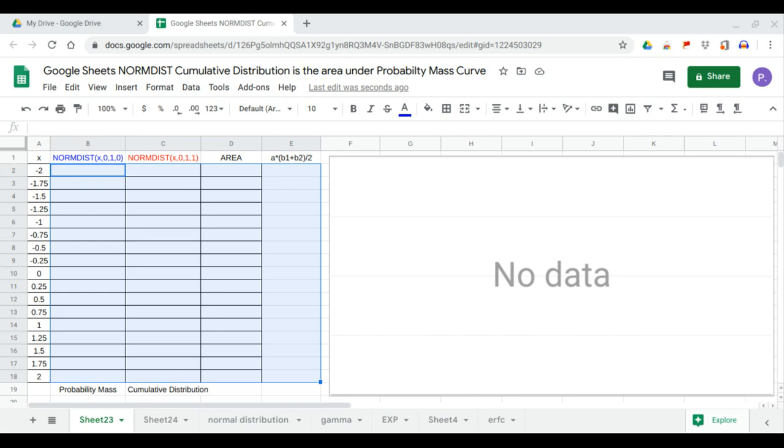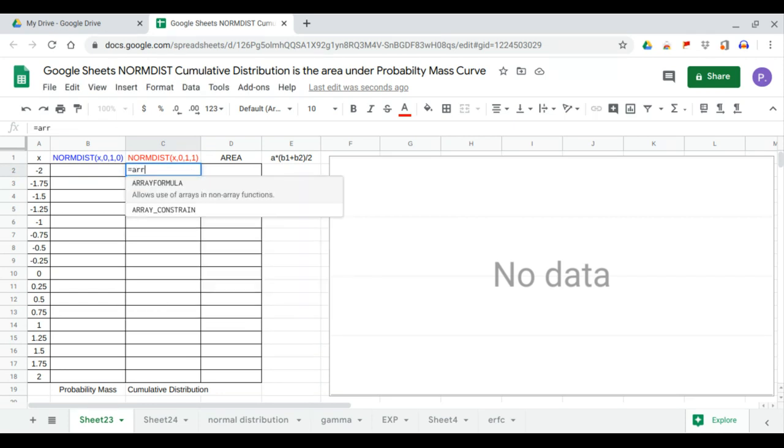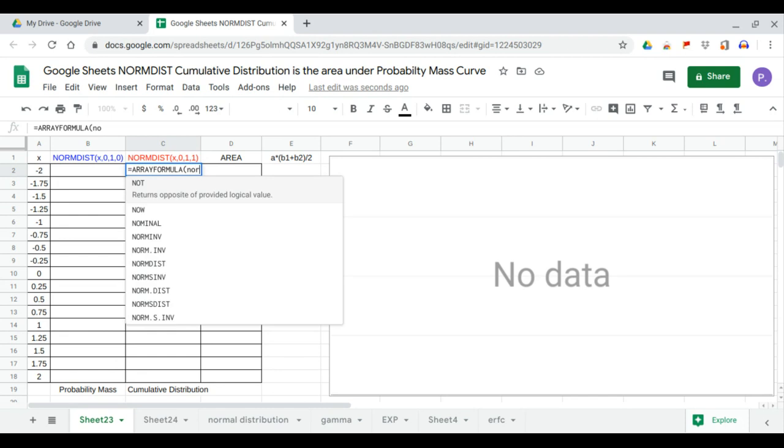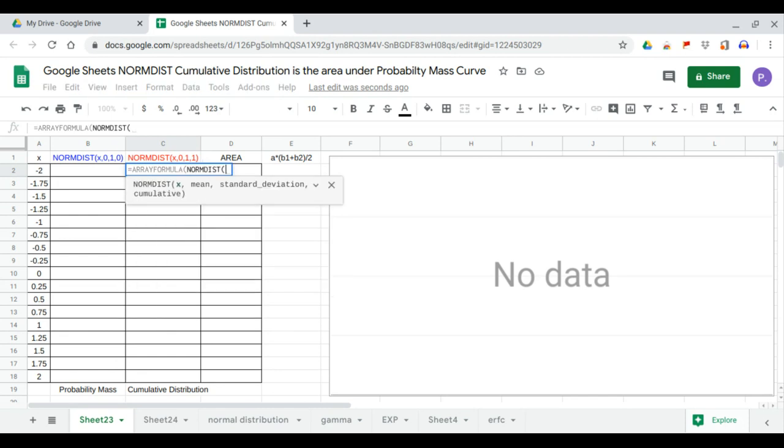Hello, in this video we show that the cumulative distribution function measures the area under the bell curve, which is the probability mass function. Let's generate the cumulative distribution function, which is equal to the array formula of the NORM.DIST of the x values,